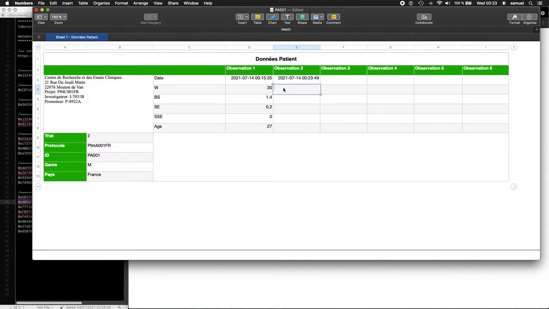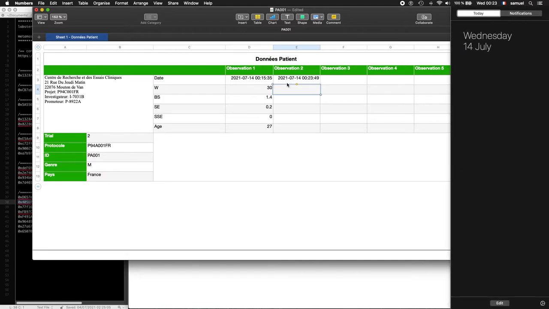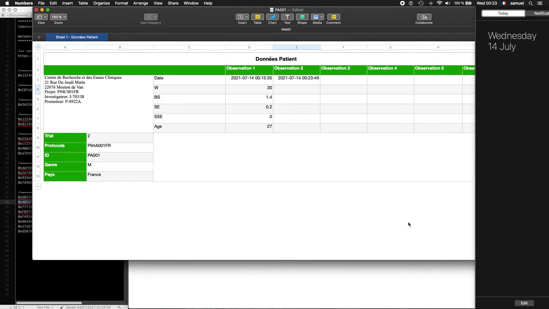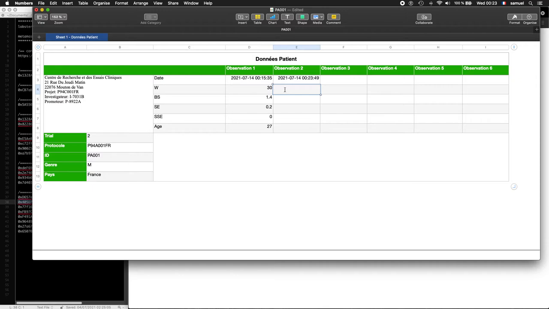For the weight, I will say the weight increases, maybe, yes, 32. The blood sugar decreases, 1.3, let's say.